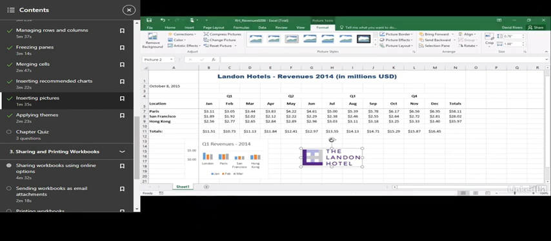But we do want to place it in the top left corner, and it looks like it needs to be sized down. So by going to one of the corners, you'll see your mouse pointer change to a double arrow, a diagonal arrow in the corners. And to make sure we keep it the same shape, we can constrain the proportions by holding down the Shift key as you click and drag inwards and downwards until we get it to a size that's going to fit in cell A1. Let go of the mouse first,